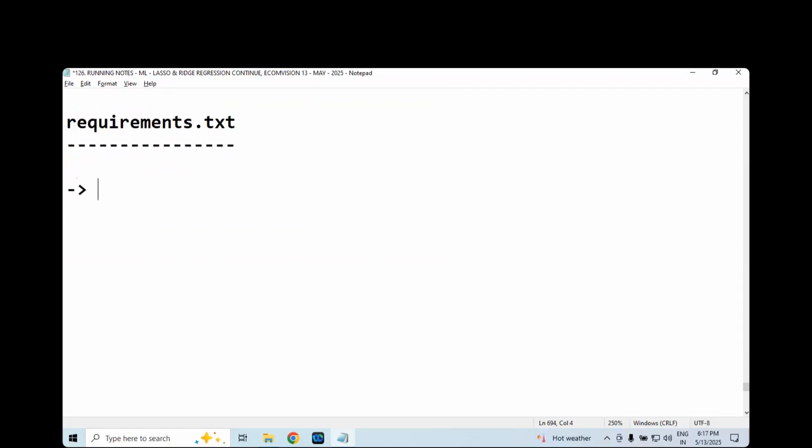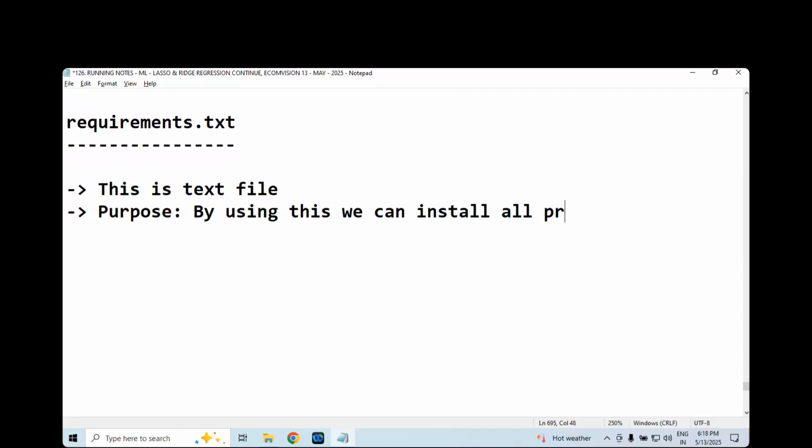Requirements.txt is a text file. What is the main purpose of this one? By using this, we can install all project libraries, all data science and AI libraries in one shot. I will tell you how to do that.